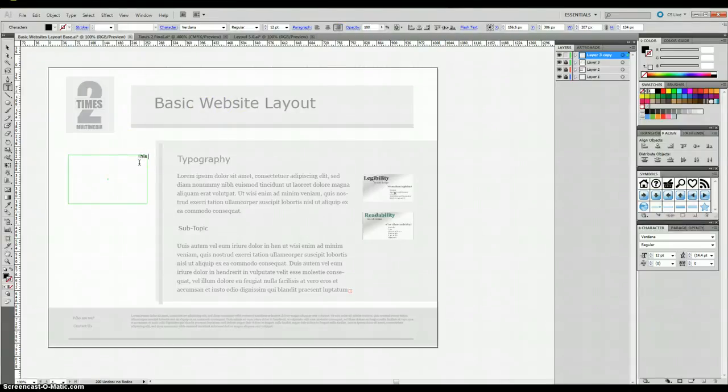And just to kind of mark it here, quote. Okay, let's kind of fill that in a little bit there. And then of course, our type